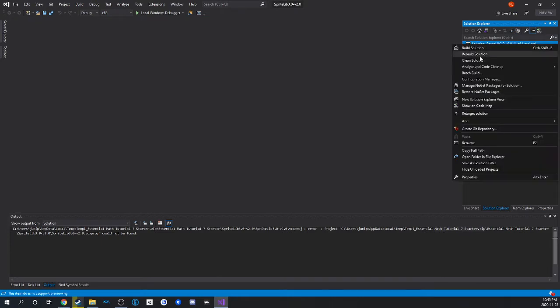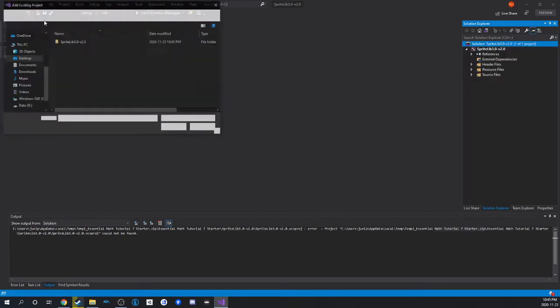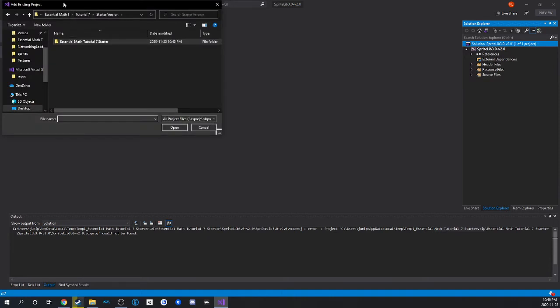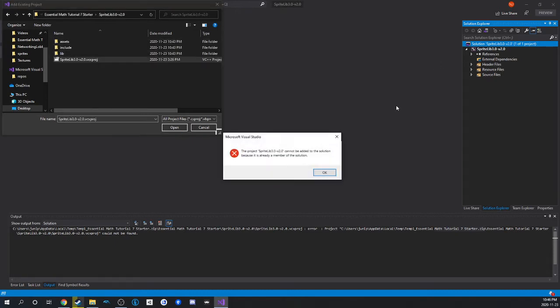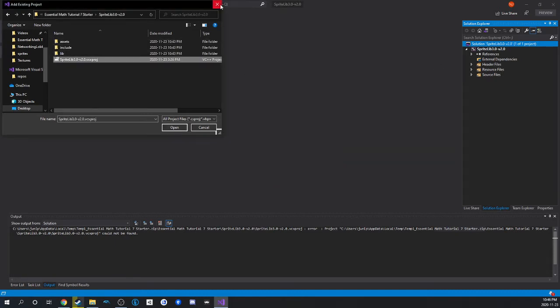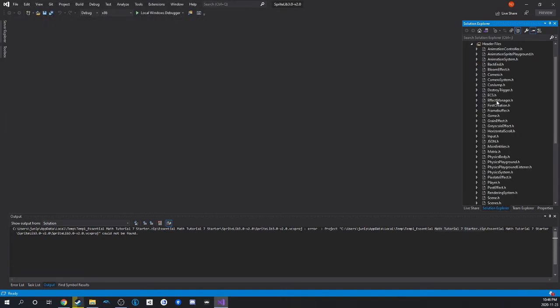So what we did was we pressed add existing project, and we went into the folder where our solution is. So we go one folder down and you find the VCX project. And it's already a member of the solution, so it won't let you add it a second time. But the first thing that we want to do is